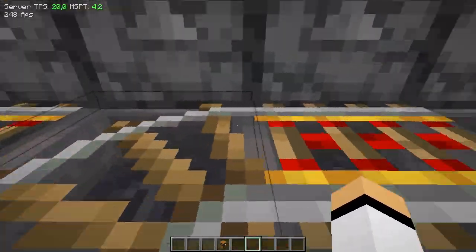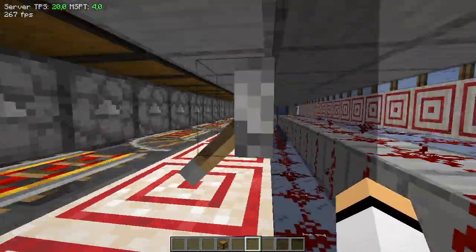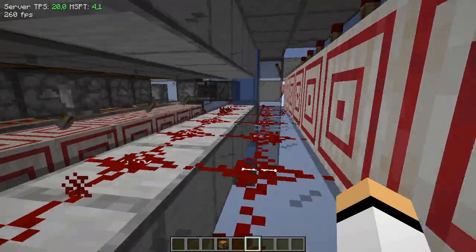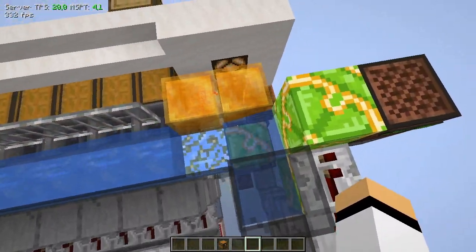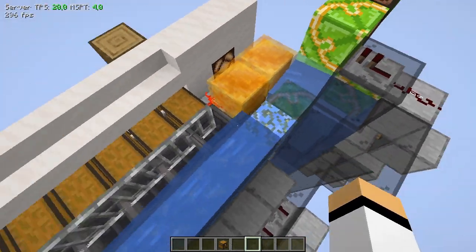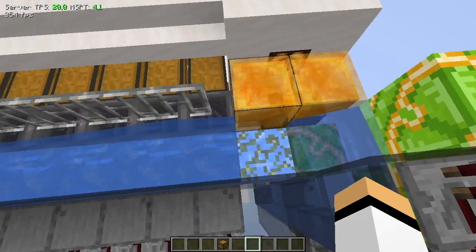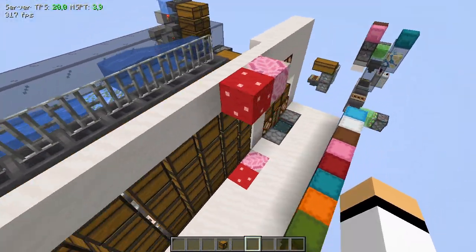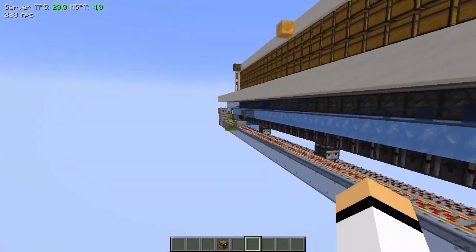I tried to make all curved rails, but because there is this dropper here, the minecart stops. So I did this, that's one curved rail, one powered rail. And the other bottleneck is when we return the shulkers here to be filtered. Yeah, this is the fastest I could do, but it's still quite slow